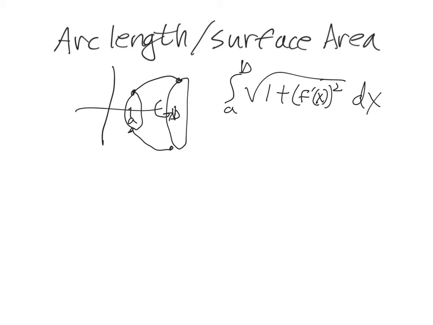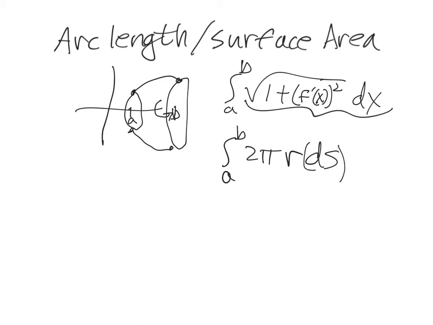And then surface area, just extend that a little bit. About the x-axis here would be 2 pi, well, we'll do it in general, 2 pi r, and then the ds part, the arc length part. So the r, in this case the radius of our slice, would be y, which is the function. We could keep it in terms of x, but if we revolved it about the y-axis,